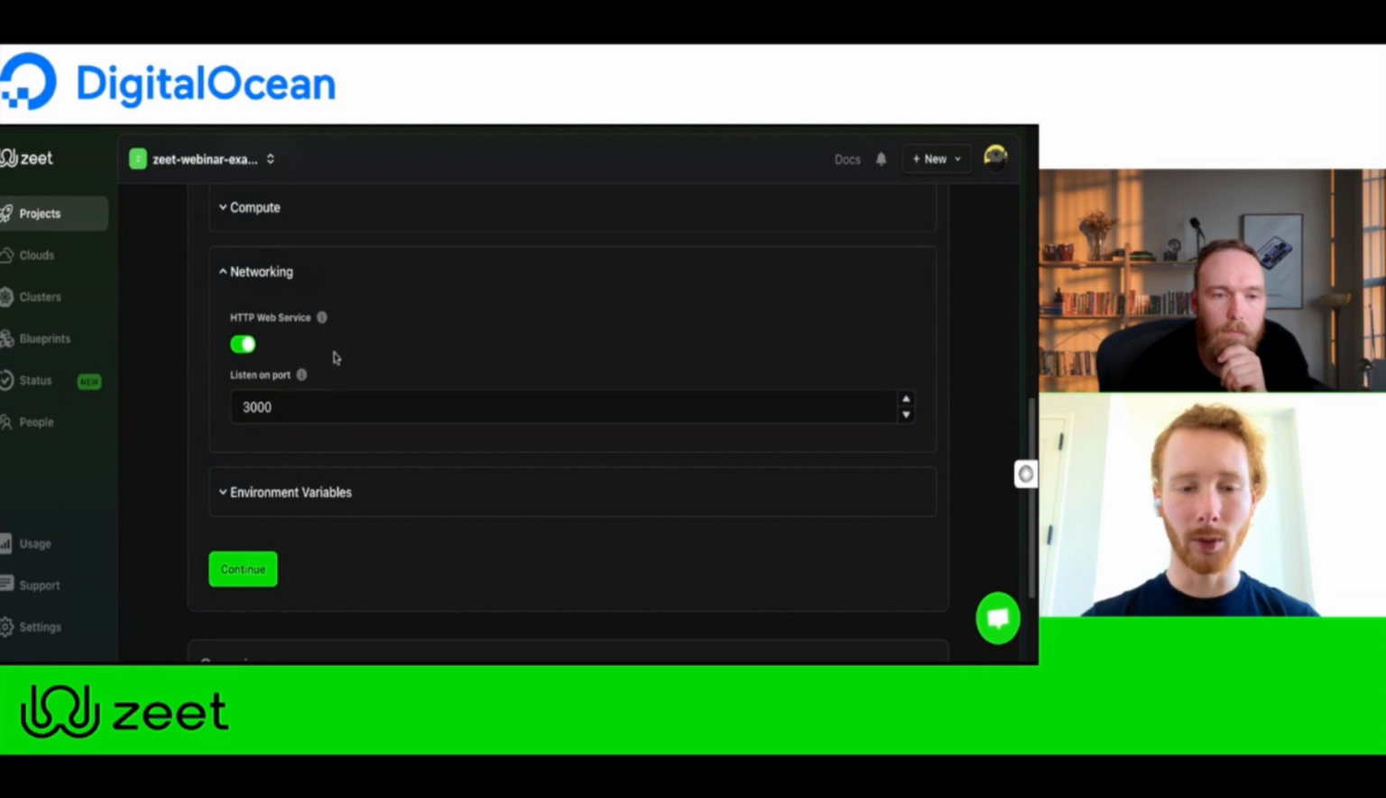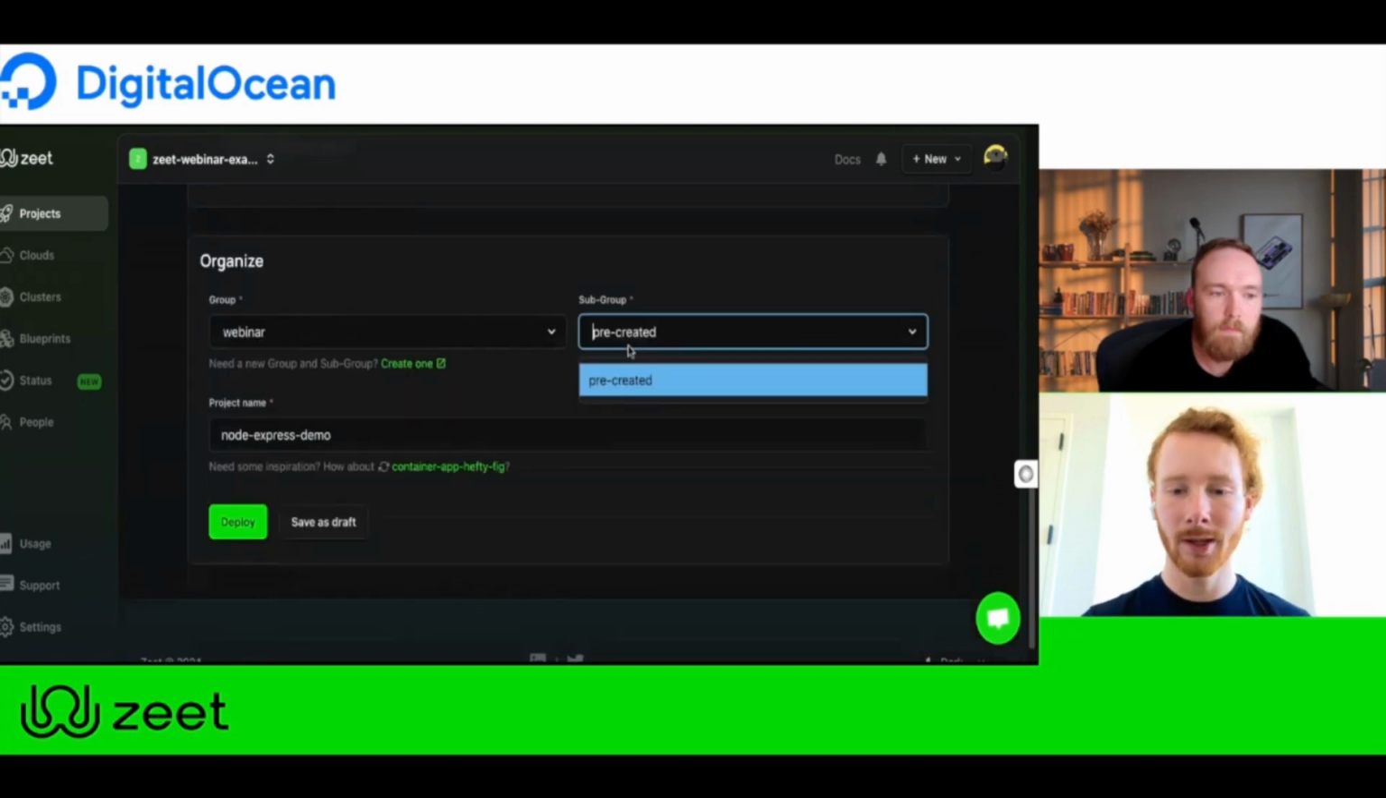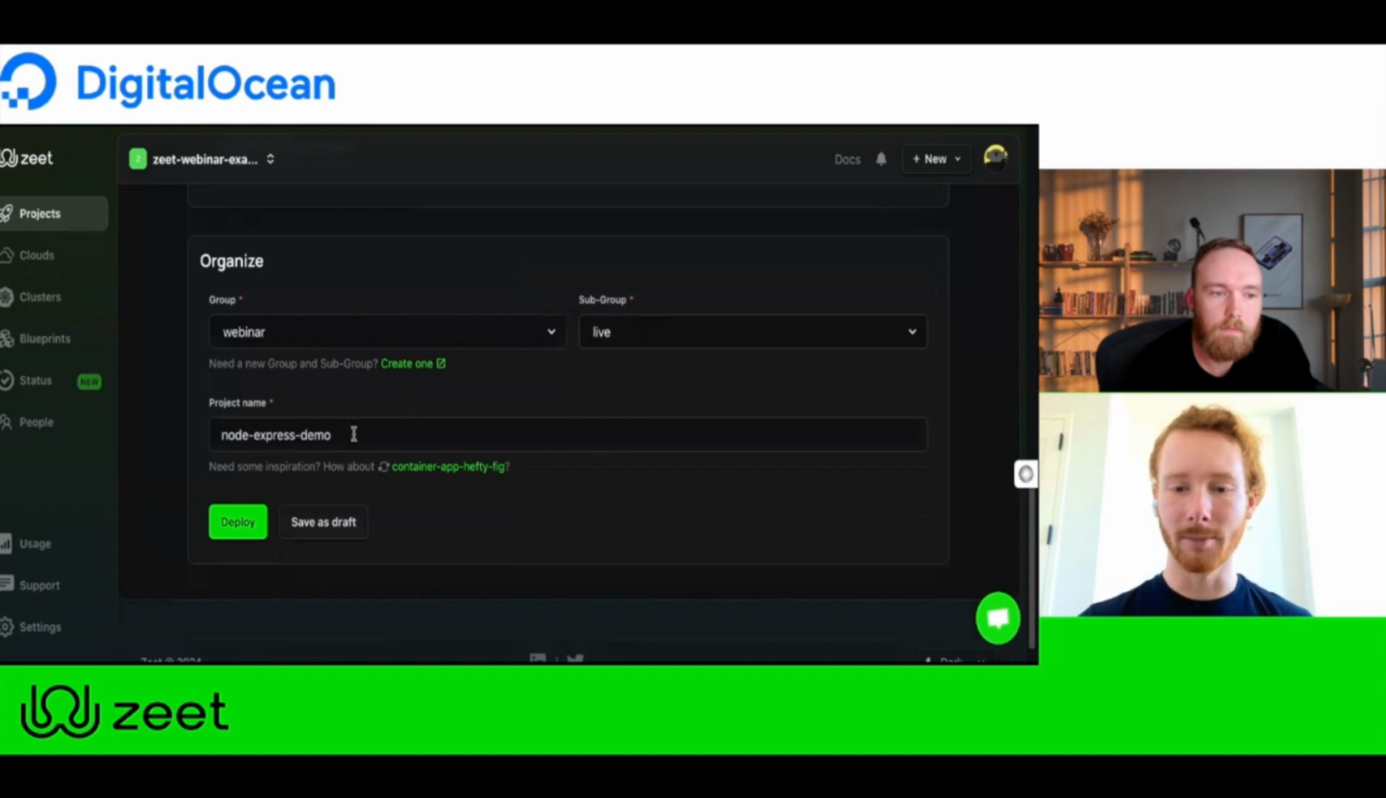And so we're going to leave this as is. Since we have this set, Zeet is going to provision a full load balancer, SSL cert, put it on a zeet.app domain. So we'll be able to access this live with SSL cert and a production-ready networking stack on the get-go. Today, we've created a webinar group, and we're going to create a new group for the live demo and put it in there. We'll keep it called Node Express Demo, nice and simple, easy to remember, and we'll click